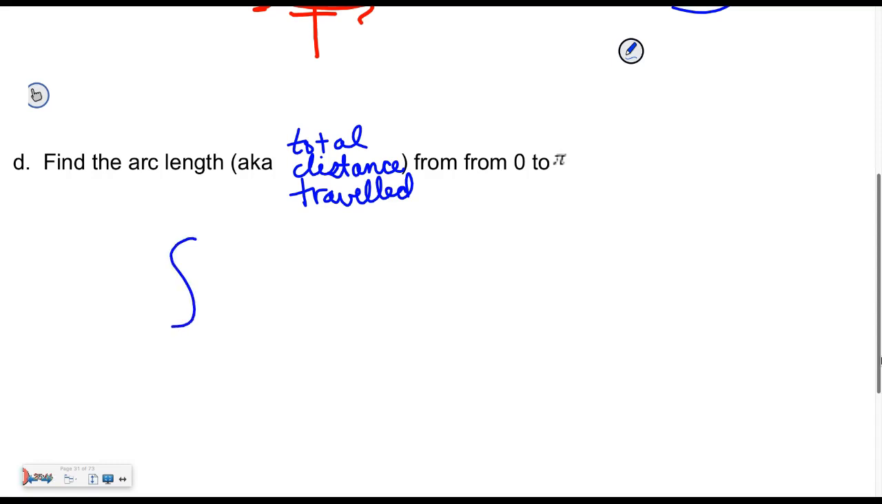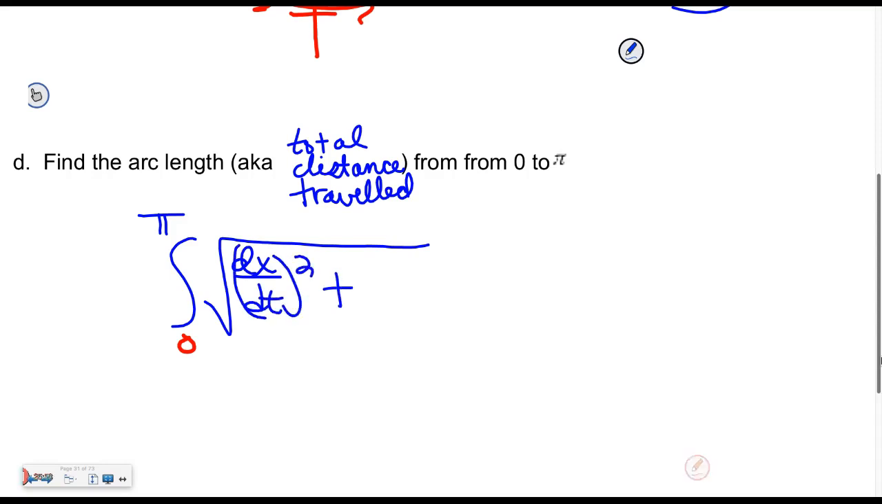I integrate. From where to where? 0 to pi. What do I integrate? Well, for parametric, the square root of what? dx/dt squared plus... yes, I already know that one. We already proved it. We derived it. We're good. Another way to think about it at almost a better level, which I already told you, is to